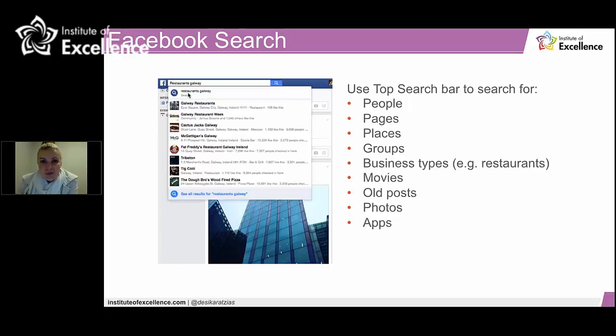One thing that's getting used more and more is the Facebook search feature. This is where social media is heading. It's another search engine, really, of how people are searching: people, pages, places, groups, business types, for example restaurants, hotels, and different things to do. So we've got to be mindful of filling out all of our information to completed states so that when people are using the Facebook search functionality to find things to do, places to eat, and to stay, we also come up here.